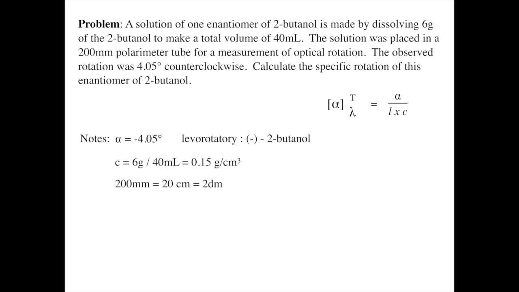That gives us 0.15 grams per cubic centimeter. 200 millimeters is 20 centimeters or 2 decimeters. There's 10 centimeters in a decimeter. And so if we plug these values in and do the calculation, we get minus 13.5